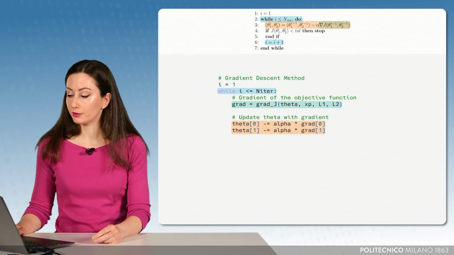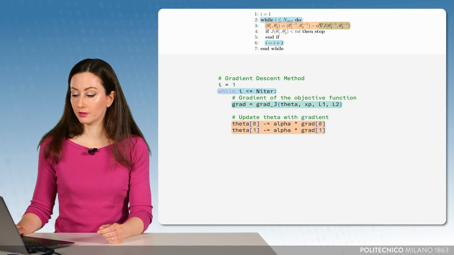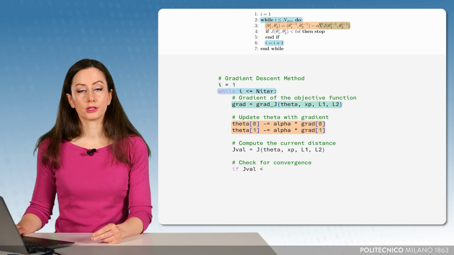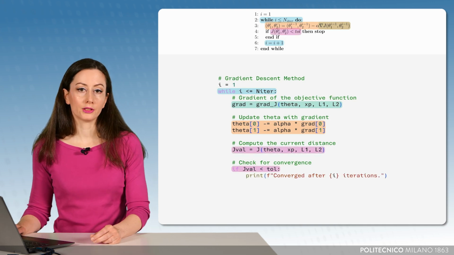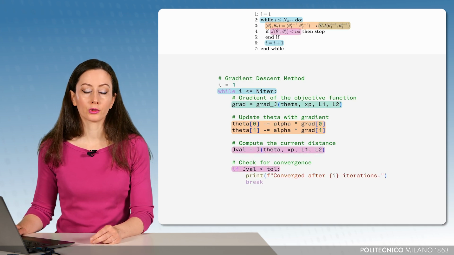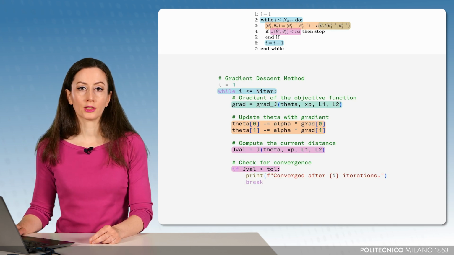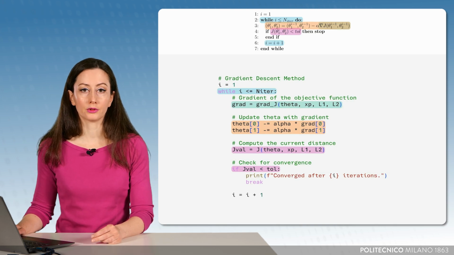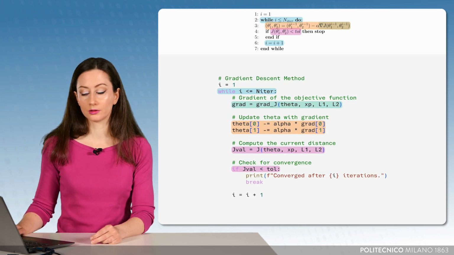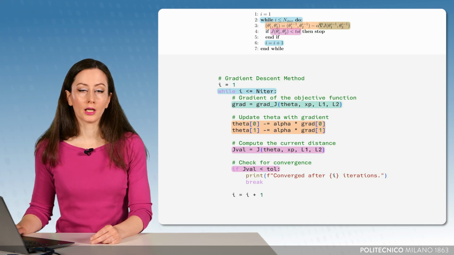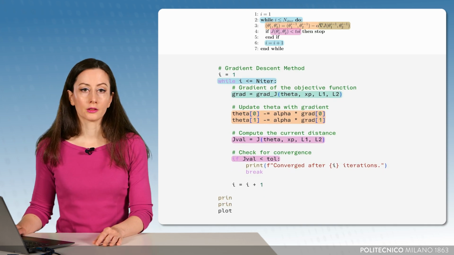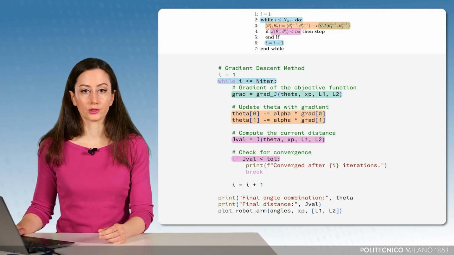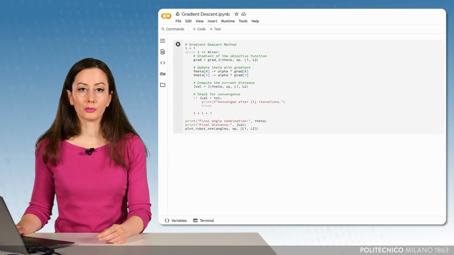Here, we use the shorthand notation for the updates, which is in fact equivalent to this one. And then we compute the cost function J to check the stopping criterion. And if the criterion is satisfied, we can print the number of iterations performed so far, and the instruction break interrupts the loop. Otherwise, we simply increment the counter i and move on to the next iteration. So to check the output of our algorithm, we can print the final angles combination, the computed square distance, and the final arm configuration. So let's run the script,